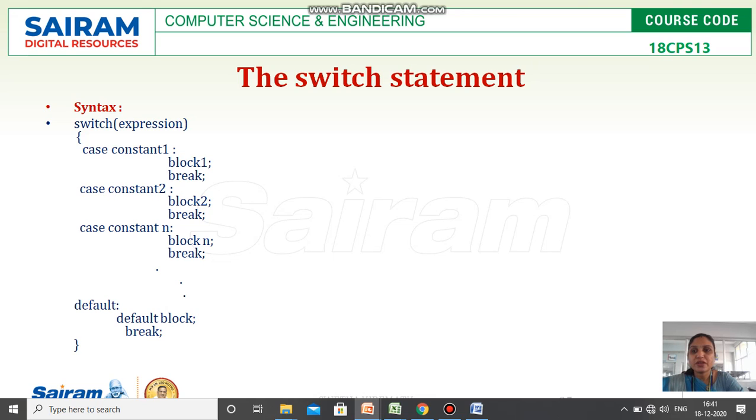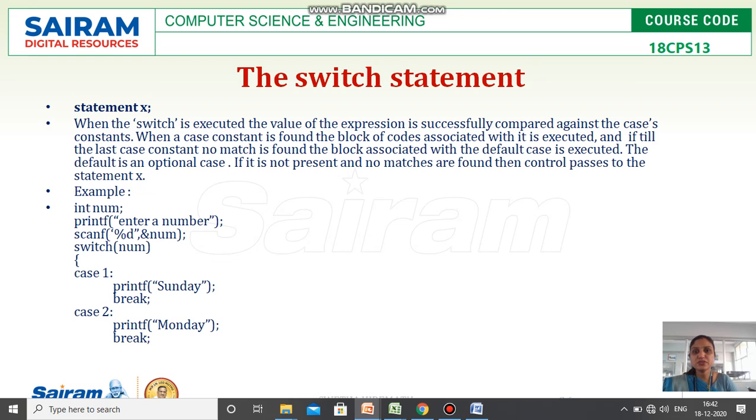There are n number of cases defined within the switch statement, and whichever is applicable for that particular expression, we select and execute those statements. If none of the cases present within the switch statement are applicable to the result of the expression, then the default block will be executed.